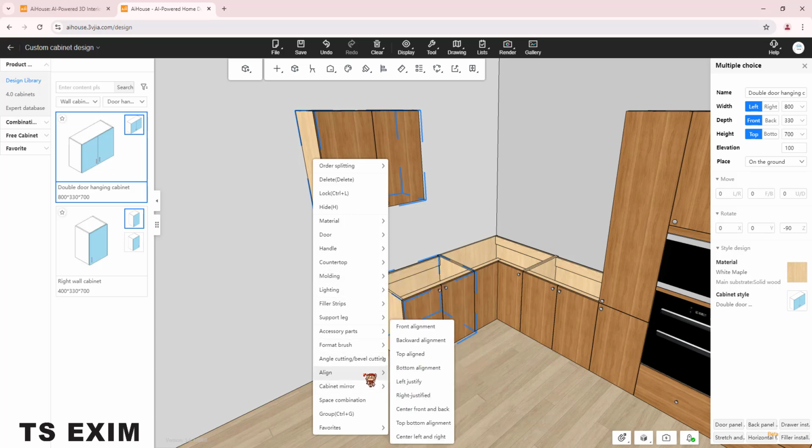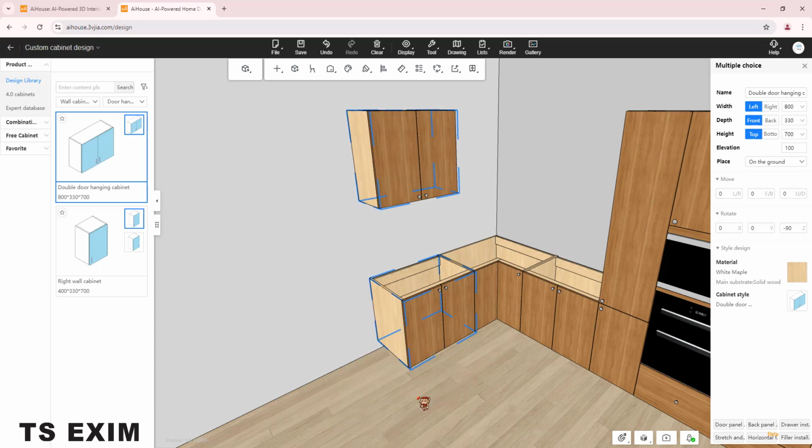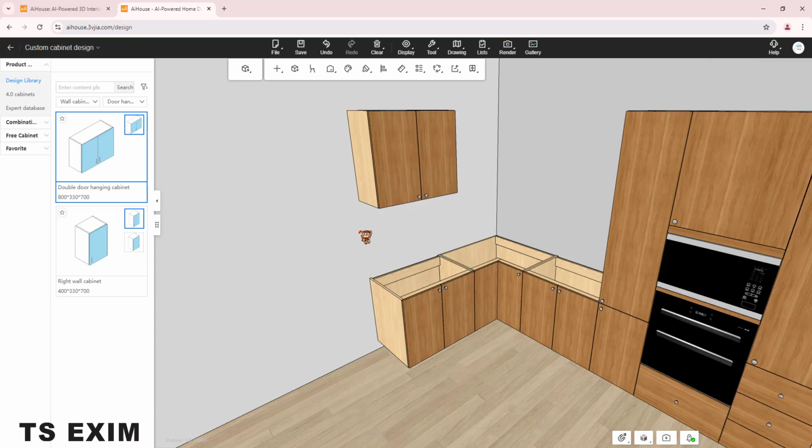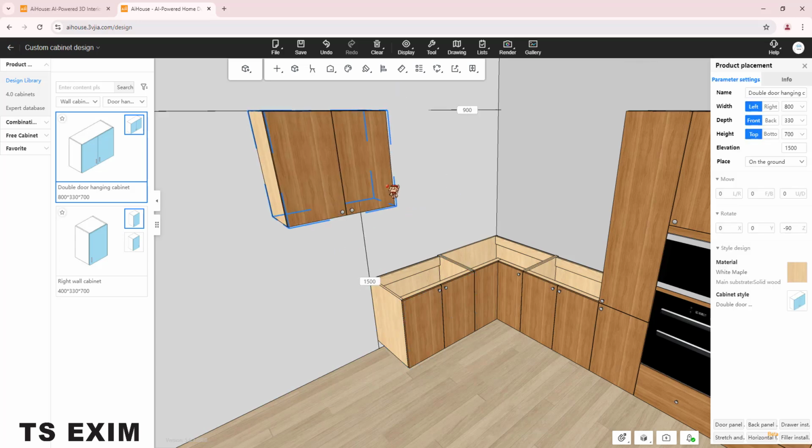So this time you need to see which way your wall unit needs to move. In my case, I need to move it to the right, because I want to align with the base unit. So you go to align, right justified. You can see the wall unit will move to the right and align with the base unit. If I drag it to the right,